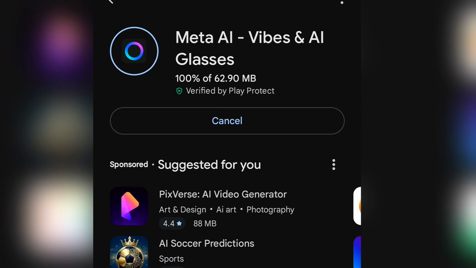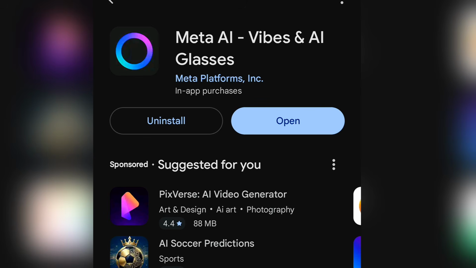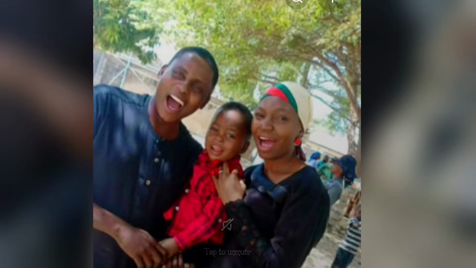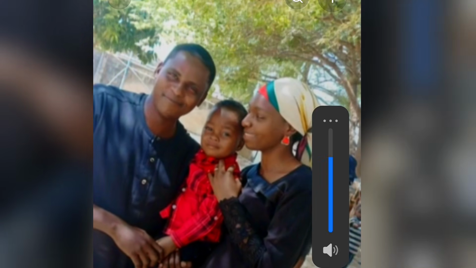So the AI has successfully updated. Now let me just give you some minutes. After installing, I'll open it and show you guys how you are going to use it. So let's give it some minutes. Now the next thing we are going to do is to click on open. When you click on open, you register. If you have not registered before, you can register with your Facebook account or your Instagram account, or you can just log in with any AI tool. Then the next thing you are going to do,